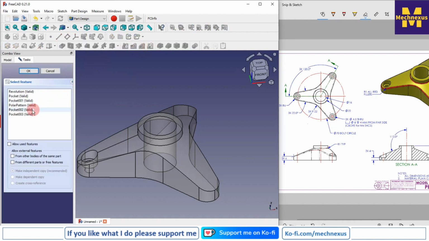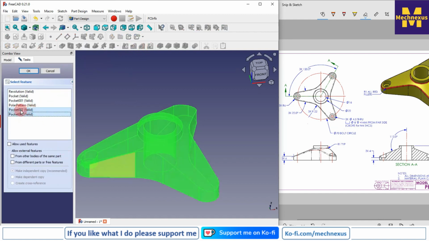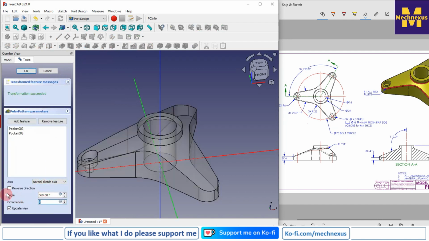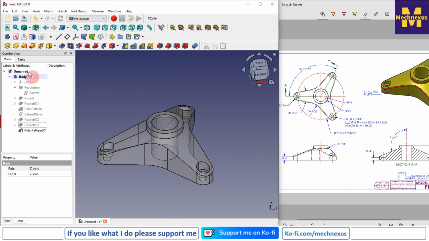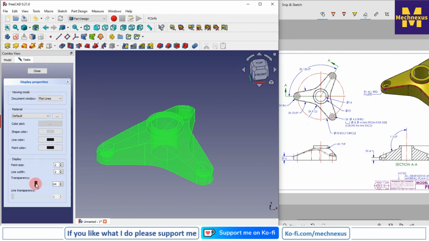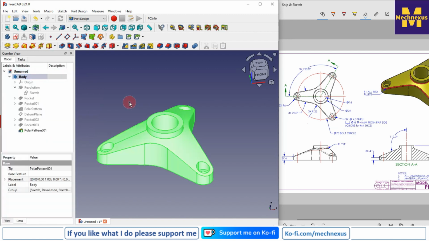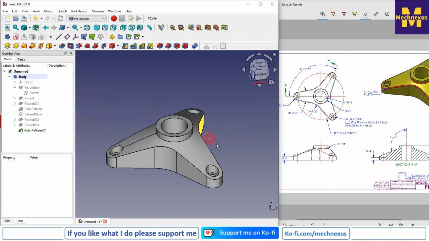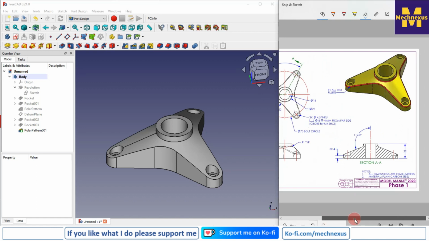So click on polar pattern and select these last two features, pocket 002 and 3. Give the 3, and from here select reference, select the axis, click on the OK. So you can see that it has been patterned. Now I will go to the model appearances and change the transparency. So here we have made the overall shape, but if you see our drawing, you will find